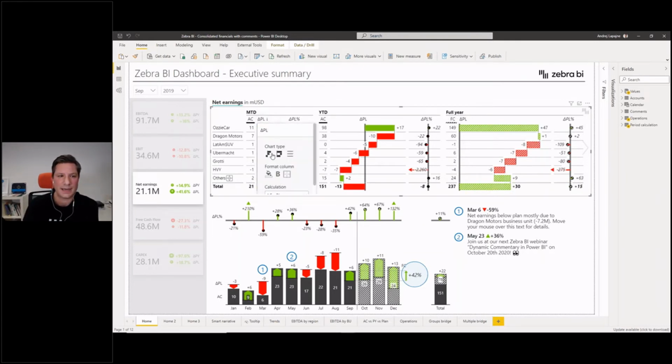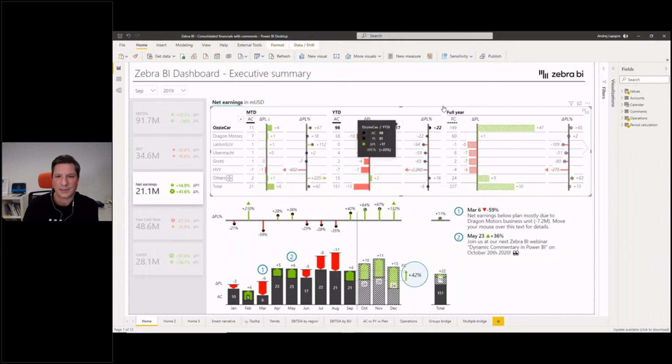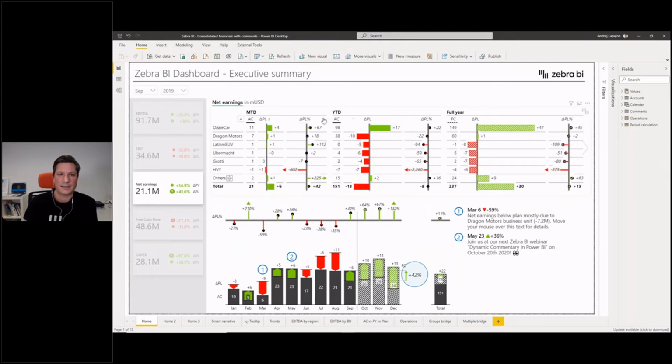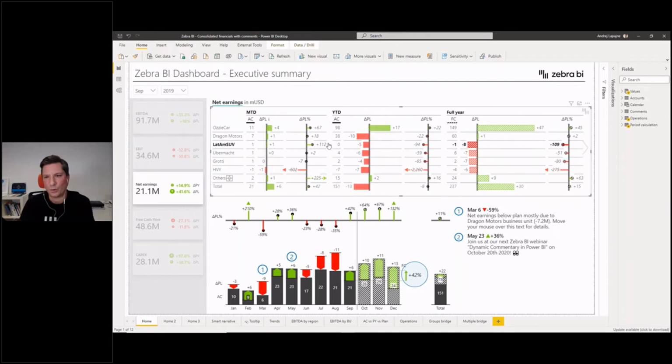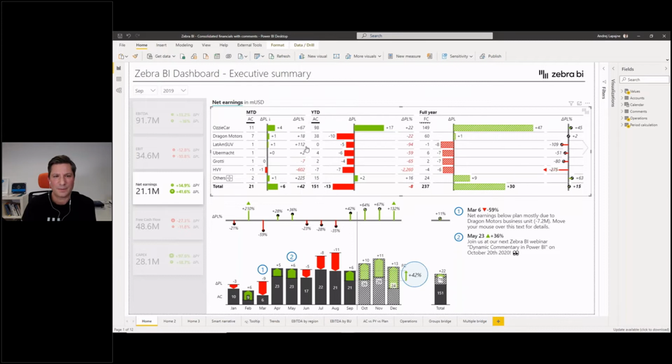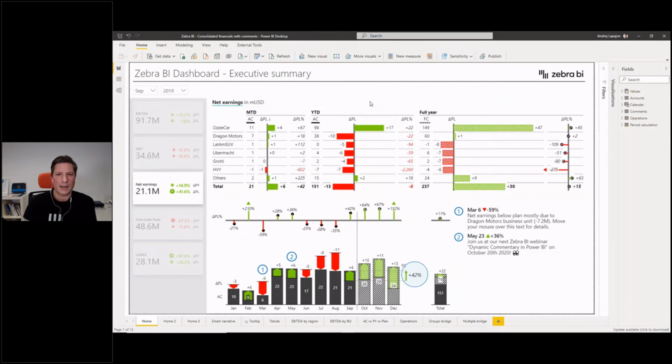So this is a Zebra BI table visual, and of course then you can present it in a simpler way like this, or maybe with more information, or even simpler, more of a table-like approach. But try to visualize at least the absolute variances in a table, because this is what really guides my attention here. Okay,